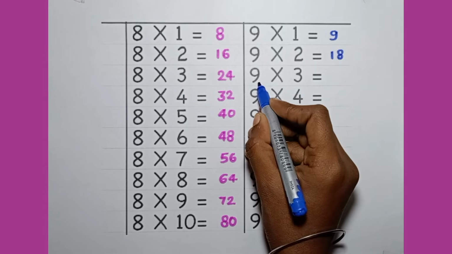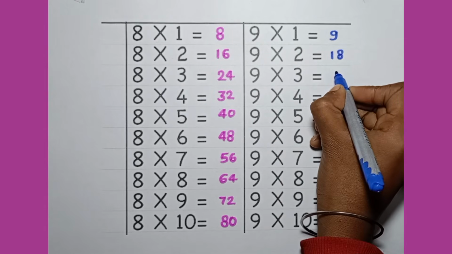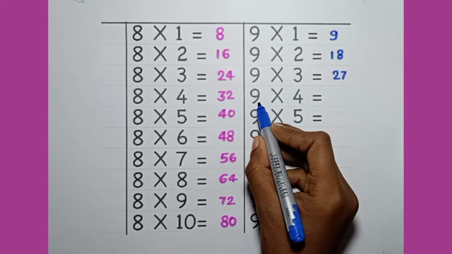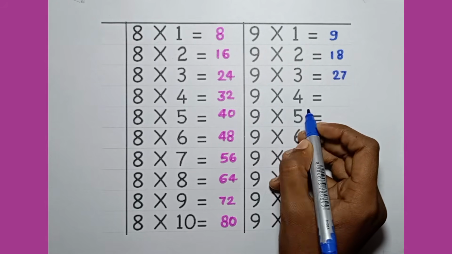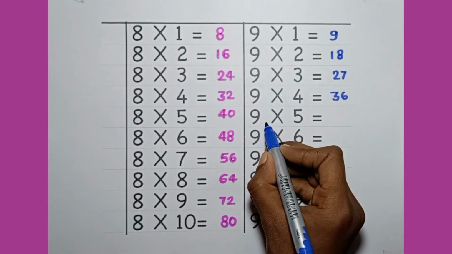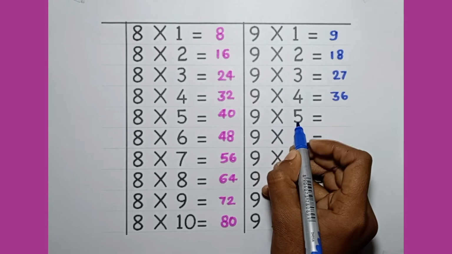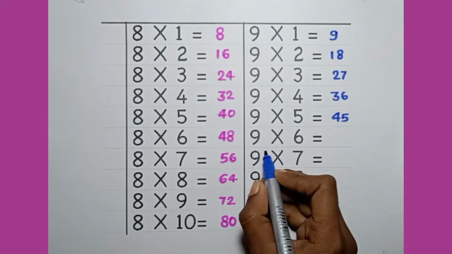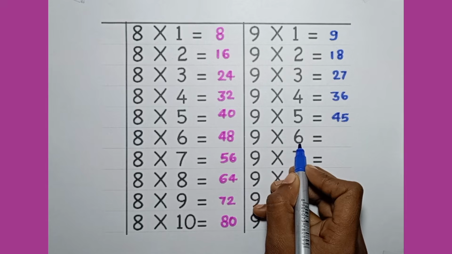18. 9 into 3 is equal to 27. 9 into 4 is equal to 36. 9 into 5 is equal to 45. 9 into 6 is equal to